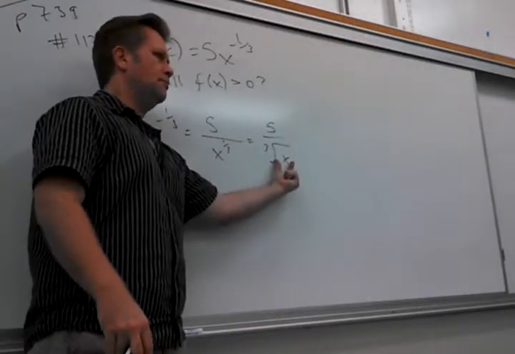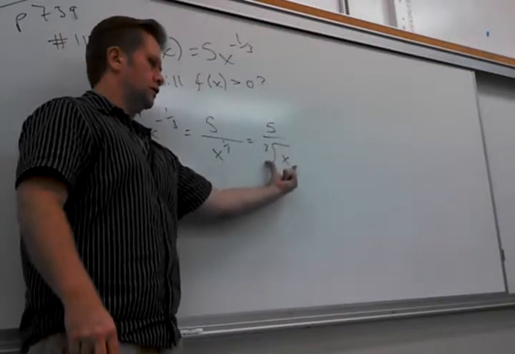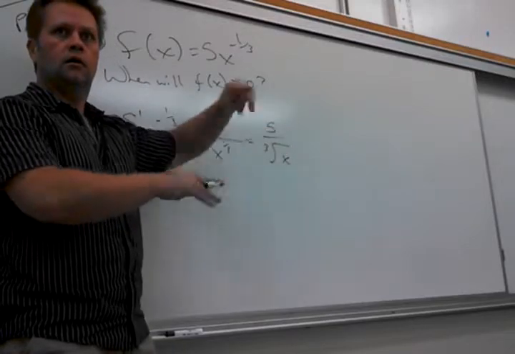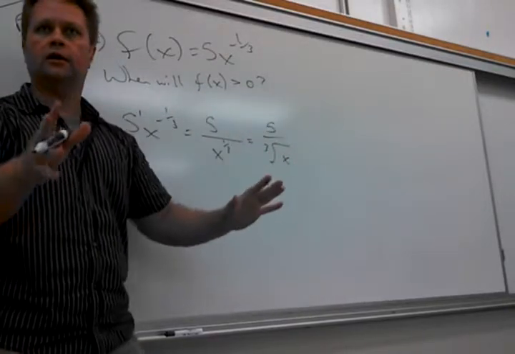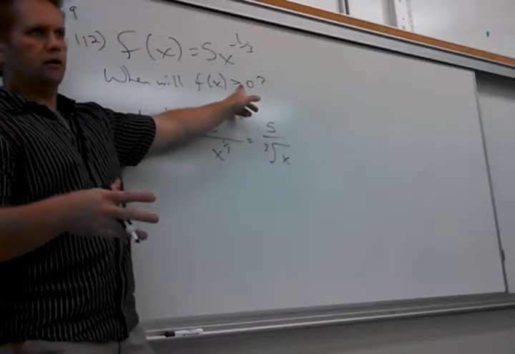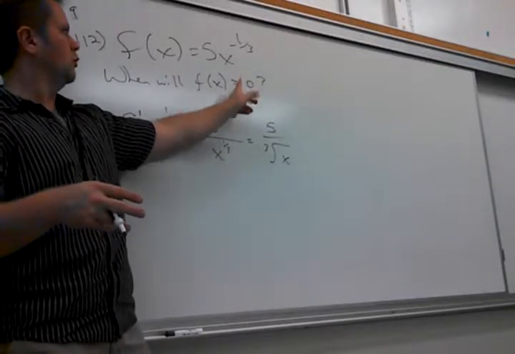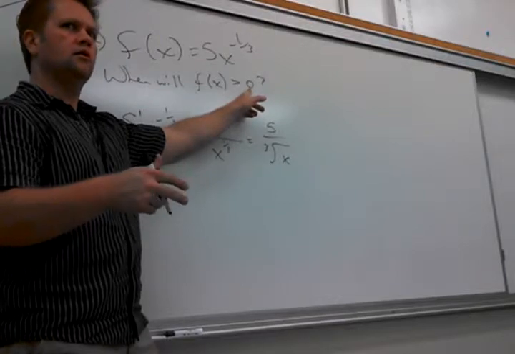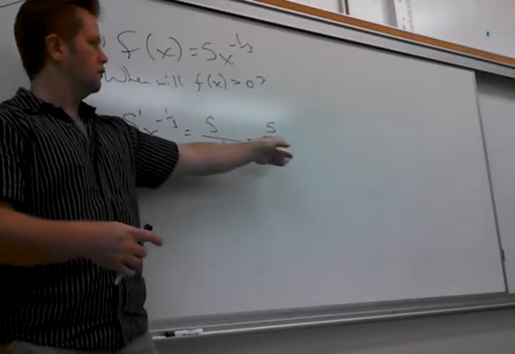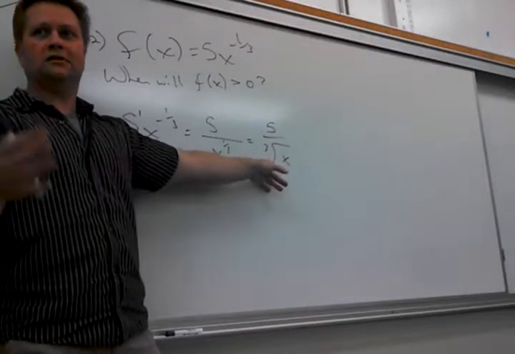What can x not be, considering where it is? 0. Yeah, if x were 0, this thing would be undefined, right? Can't divide by 0. So that's why they have this greater than 0. You can't really make it equal 0. But when is this positive then? If it's only negative when x is negative, it will be positive when x is